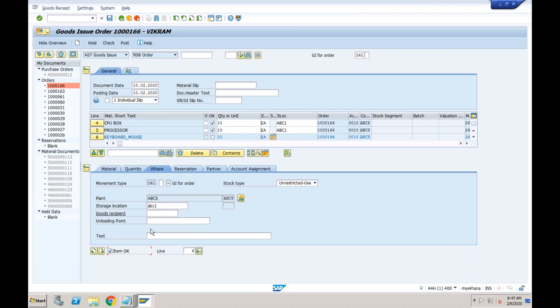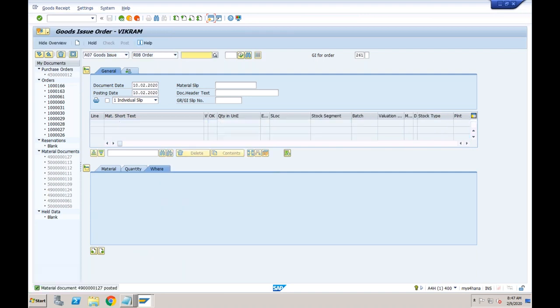Okay, so this is done. Let's try to save it. So now raw material has been issued to this production order, which means definitely there will be some actual cost already posted. So now if I go to my production order once again, CO03,